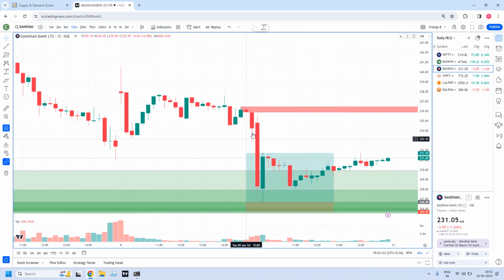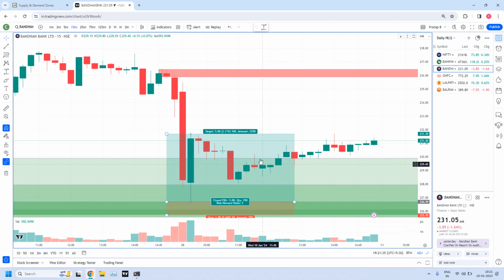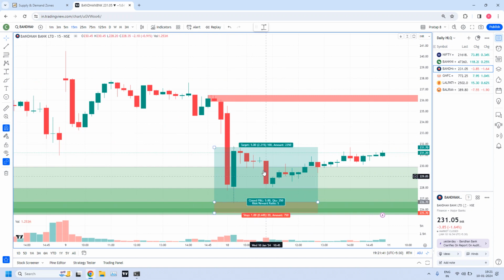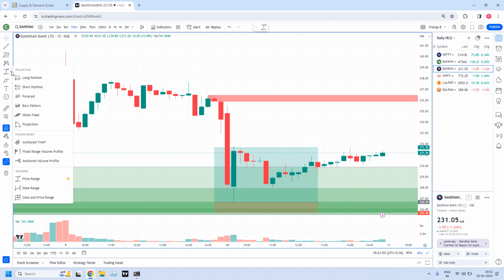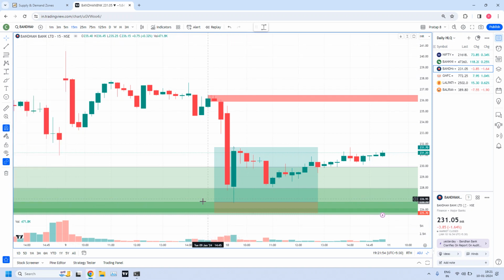See, already what I did, I think most of you who completed supply and demand zone courses from outside might have already learned these long and short positions, the tools, long position and short position. Because today our position is long position, I just drew that. Anyway, for those people who did not learn, I already promised I will be teaching these tools after completing our